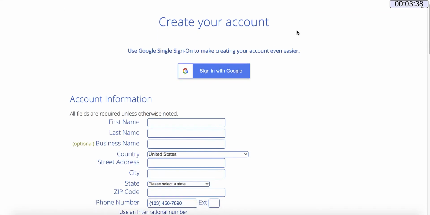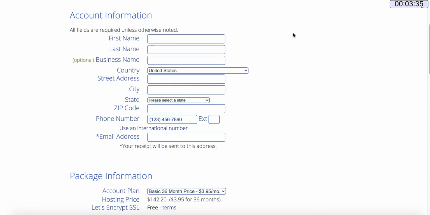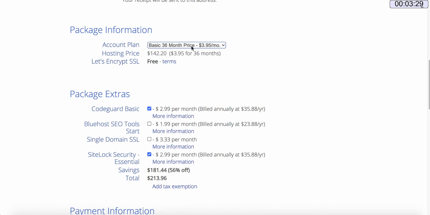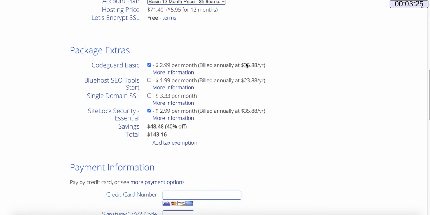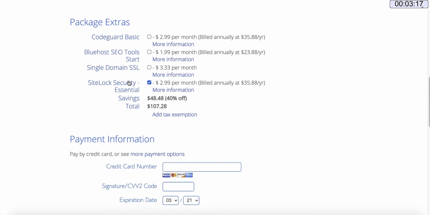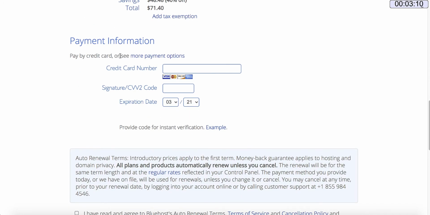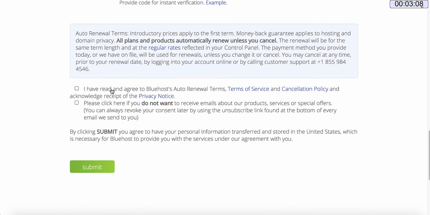Now you need to put in your account information like your first name, last name, and things like that. Pretty self-explanatory. And select the package. If you're really serious, you can go with 36 months. If you're not sure, you can go with only 12 months. And then uncheck this box, which is a backup service. I also have a video on how to get a backup for free, so you don't need this. And the site lock security as well. So the price drops to $71.40. Now put in your payment information, accept the terms of service,